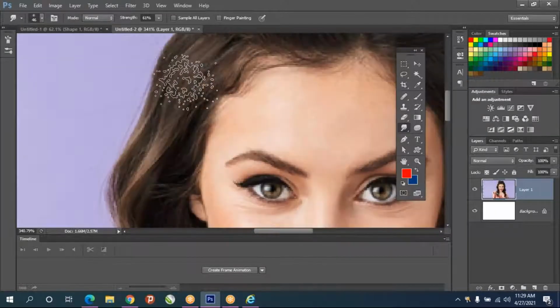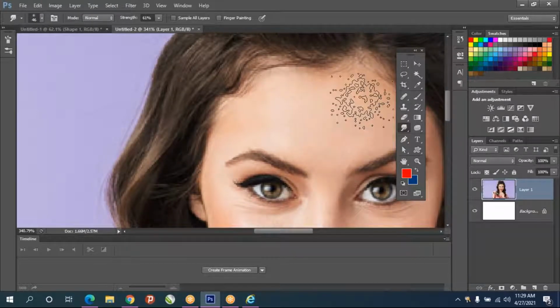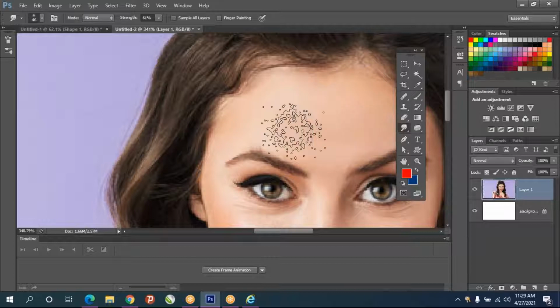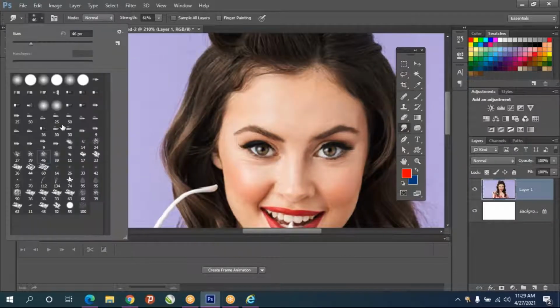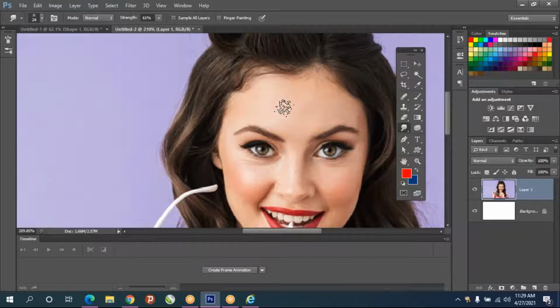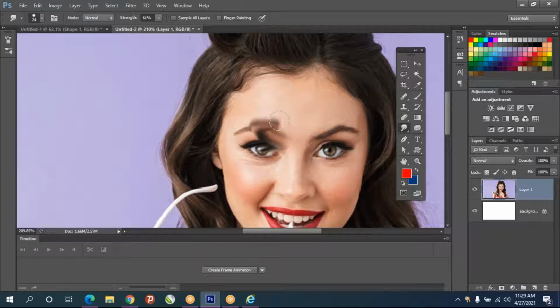But in this, if you do slowly, it look like this. After selecting smudge tool, you can increase the strength or decrease the strength.